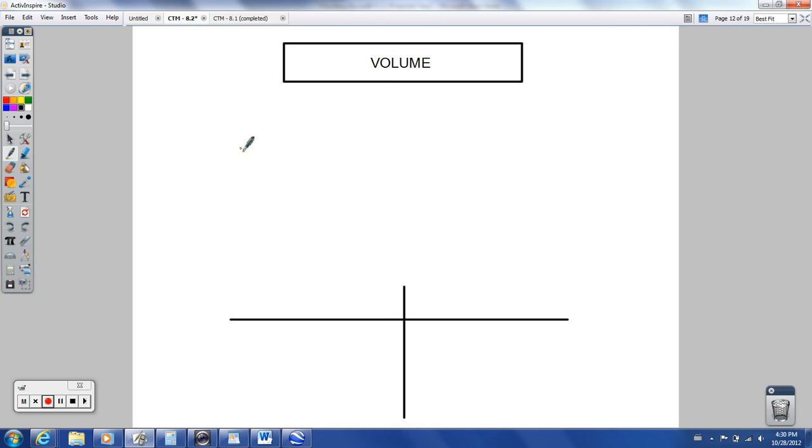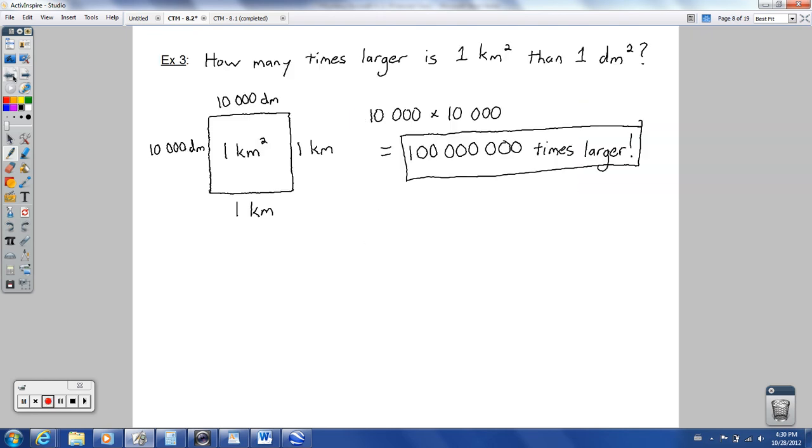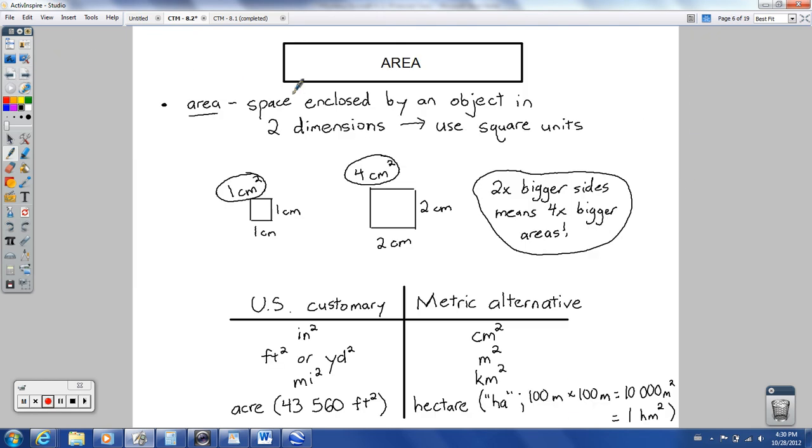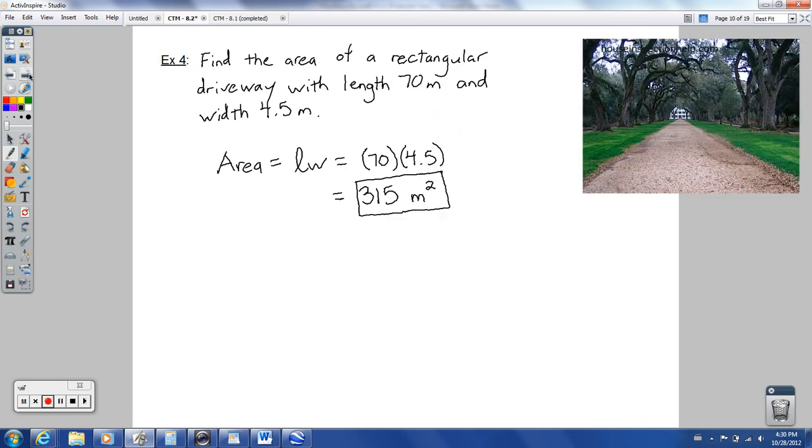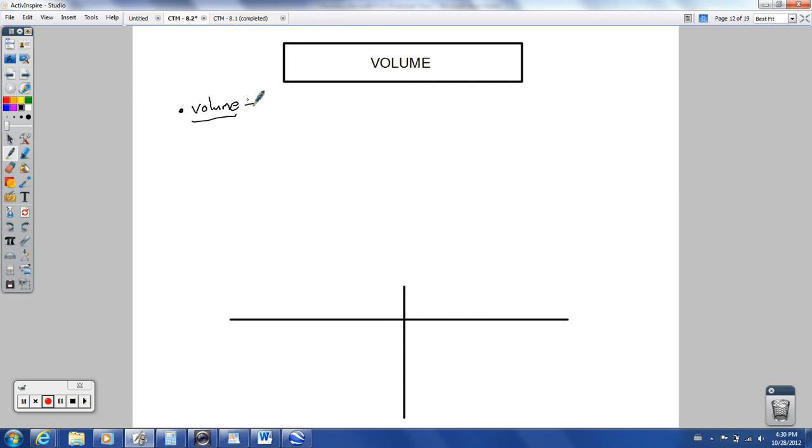So now, finally to volume, our last big topic heading. Put another topic heading, volume, and then let's write this down. Volume is, in a similar way we defined it for area, it's the same sort of thing, but it's the space enclosed by an object in now 3 dimensions instead of 2. Space enclosed by an object